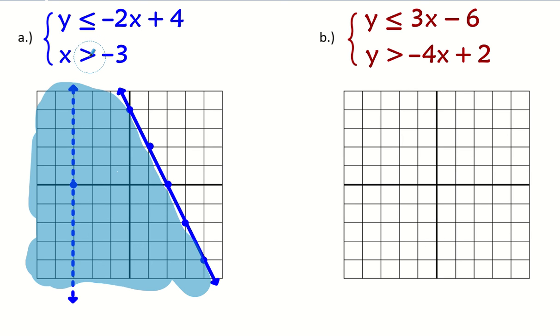Do you think a greater than symbol implies that you shade left, or do you think it means shade to the right? Normally greater than means shade above. So what do you think? Do you think greater than means you shade left or right? Well, I'm hoping you're saying to the right. Luckily, you guys don't need to use a mouse like I am. So we're shading to the right